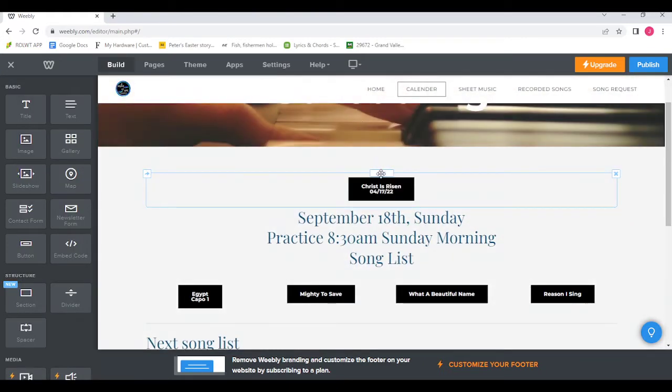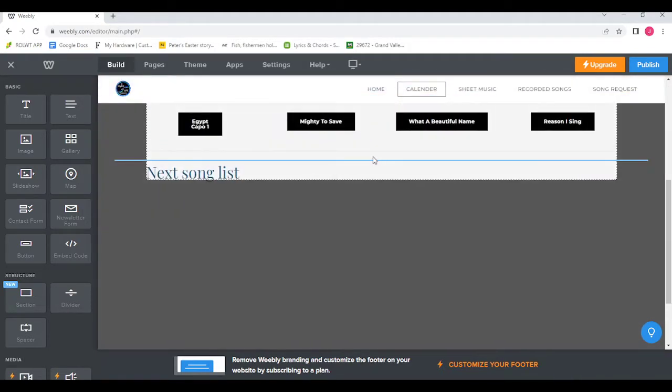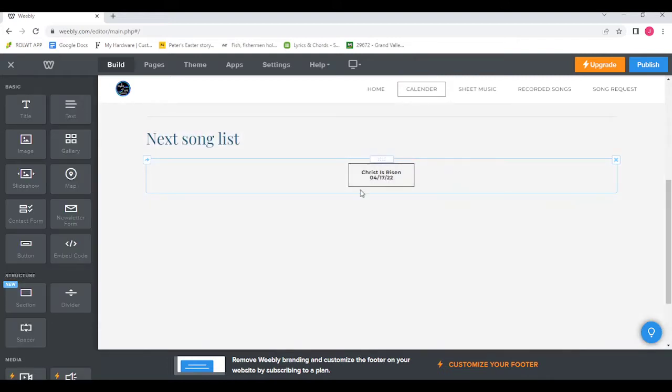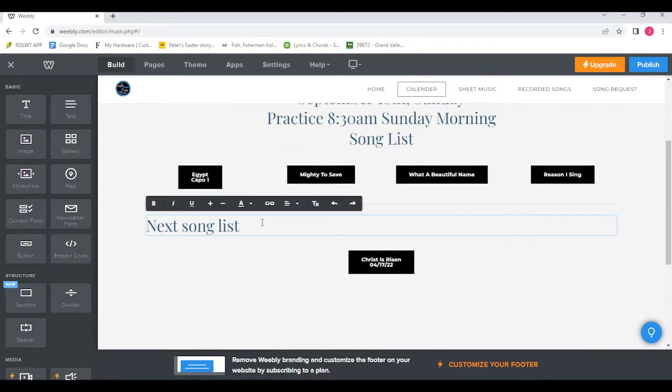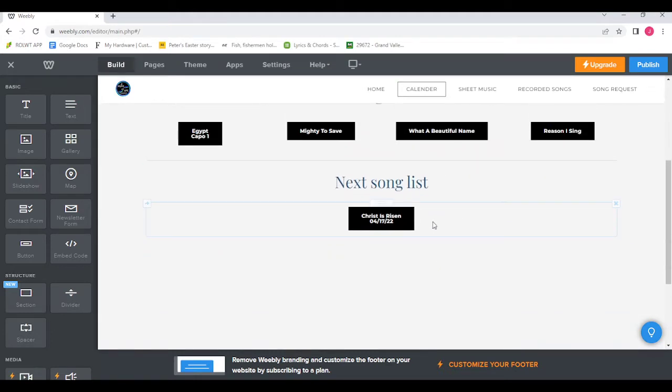It's going to pop up here, and I'm going to be able to just drag it underneath next song. And let's move this more centered. So I'm going to click on it. It's going to give me options above, and we're going to put it in the center. Alright, let's add one. Let's add a tab the other way. You can do